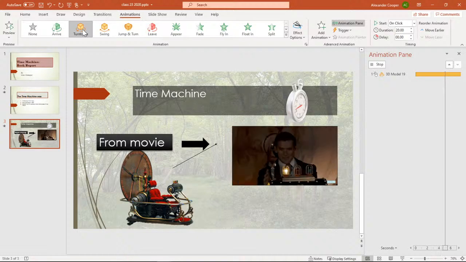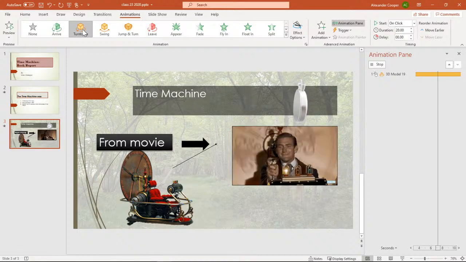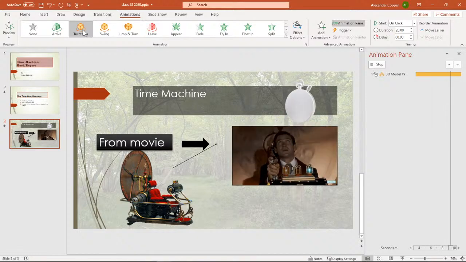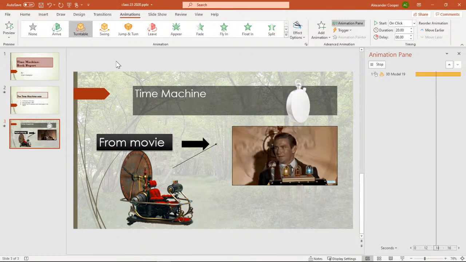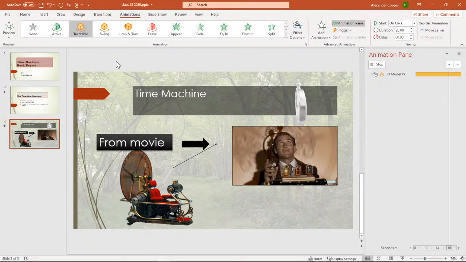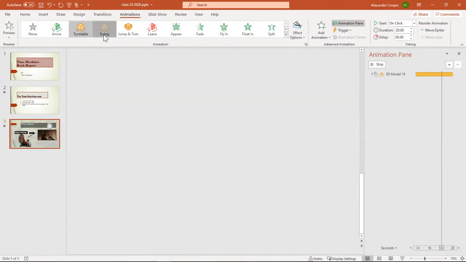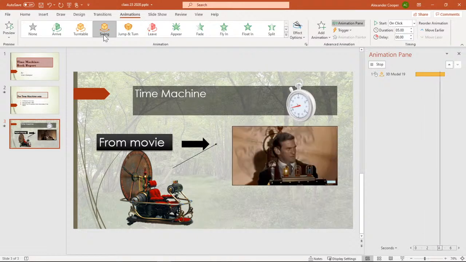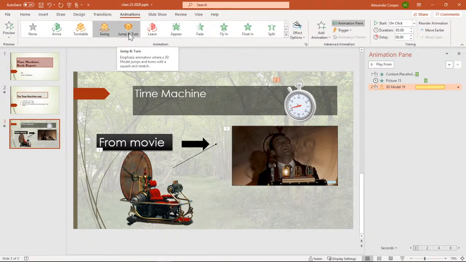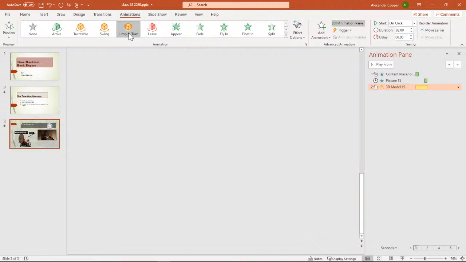Okay, that one would actually be kind of interesting, I think, at turning. What about this one? Kind of makes it go back and forth. That might be a little bit better. Here's a jump and turn. This makes it look a little bit more animated.